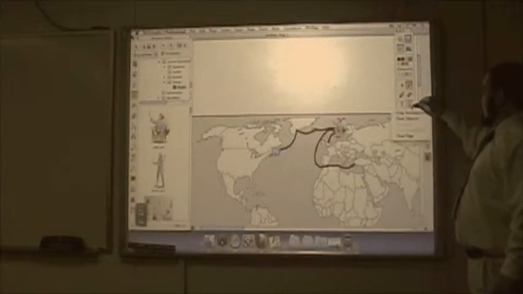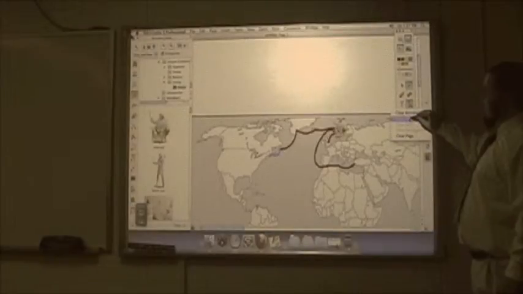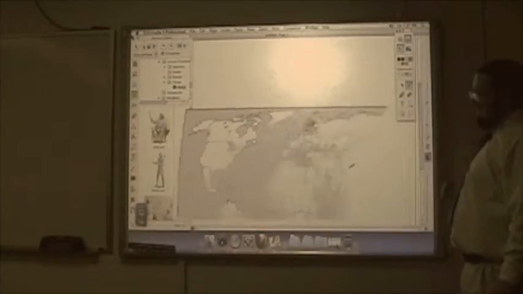When you're done with that, you can clear the annotations so that they can do